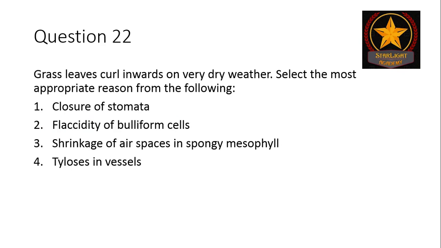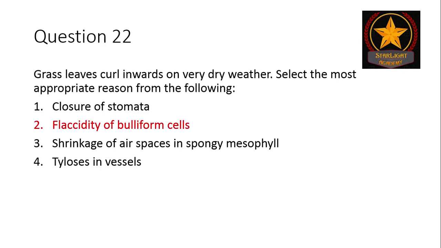Grass leaves curl inwards on very dry weather. Select the most appropriate reason from the following. The options are, first, closure of stomata. Second, flaccidity of bulliform cells. Third, shrinkage of air spaces in spongy mesophyll. Fourth, tylosis in vessels. See, grass leaves curl inwards during very dry weather because of flaccidity of bulliform